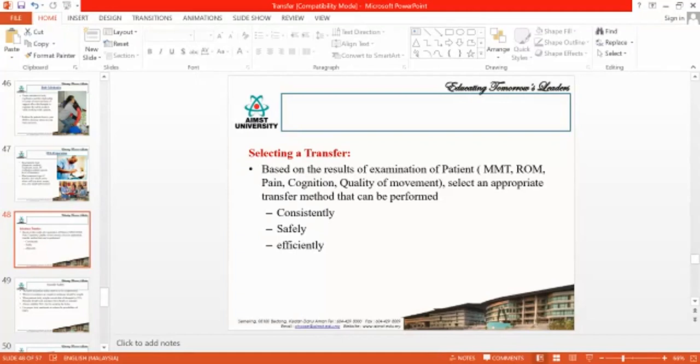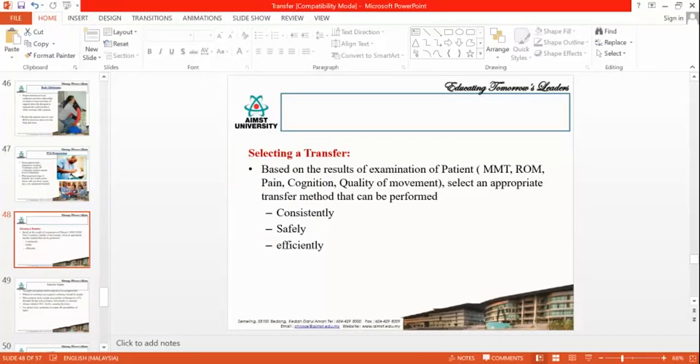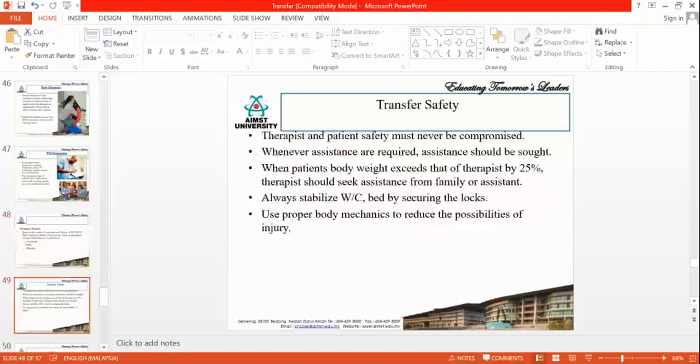Okay, then don't think that daily the patient will be at the same level. A neurological patient may not be at the same level. So daily you need to check their ability before transferring the patient. Okay, that is very important before choosing the type of transfer. So these are the three essential points you need to keep in mind. That is body mechanics. This is to safeguard yourself.